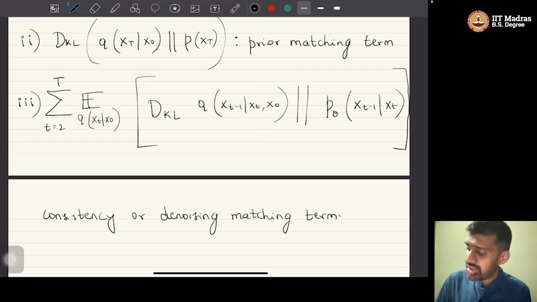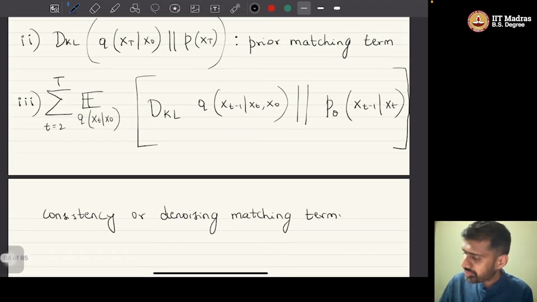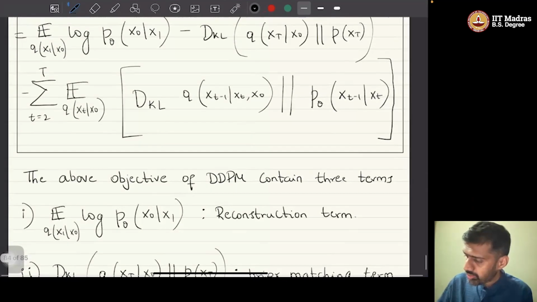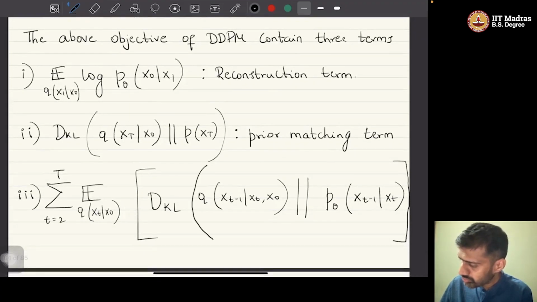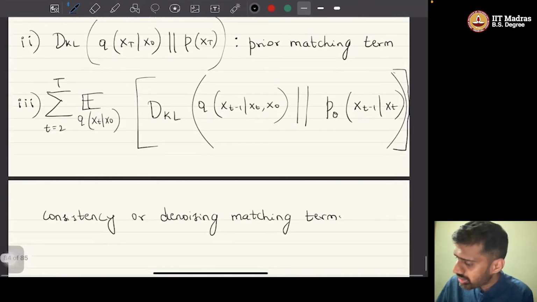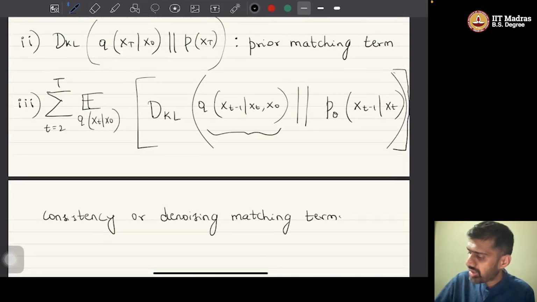It's called a consistency or a denoising matching term because, okay, I think there is one more bracket that we need here to delineate the KL divergence. This is called the denoising matching term because this distribution, as I have already told you while defining this, can